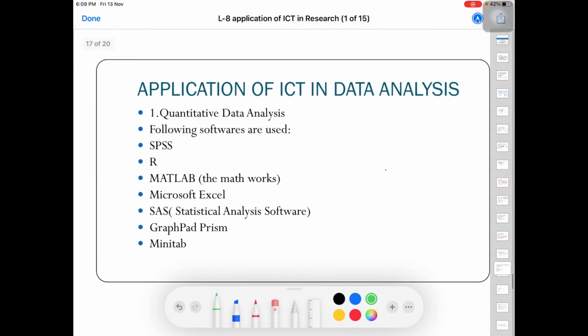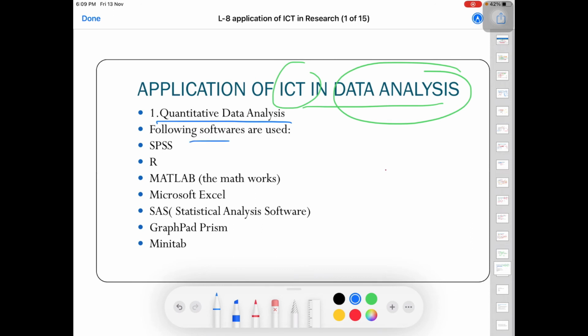Next we have application of ICT in data analysis. So once you have collected data, you are going to apply ICT in that. How can it be applied? So first is quantitative data analysis. It has the following software that helps in quantitative data analysis, and they are SPSS, R, MATLAB, Microsoft Excel, SAS, that is Statistical Analysis Software, GraphPad Prism, Minitab. So these come under